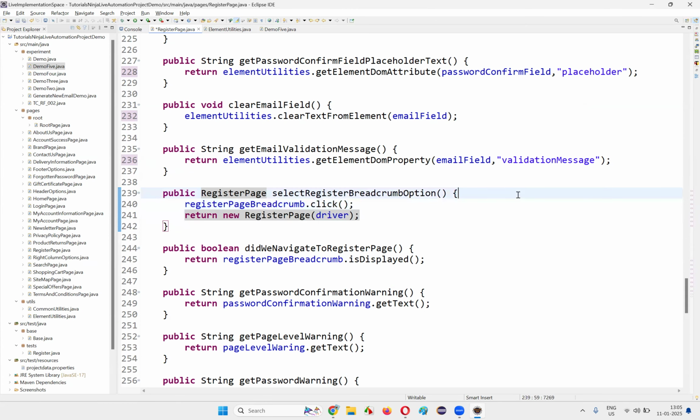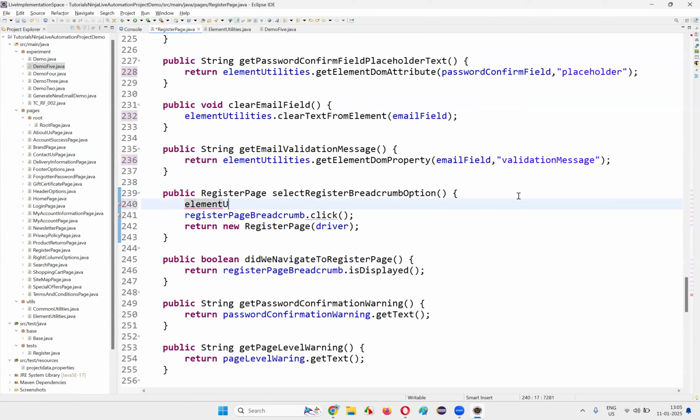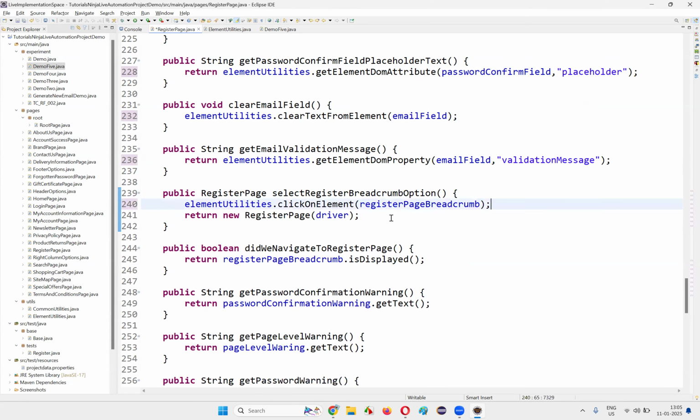Select the breadcrumb option. For that, I would write element utilities dot click on element. What is element? Register page breadcrumb element. Okay, that's it. Next one,